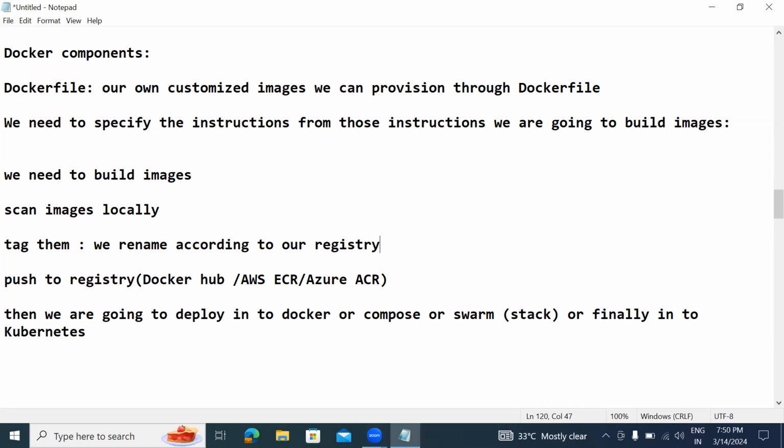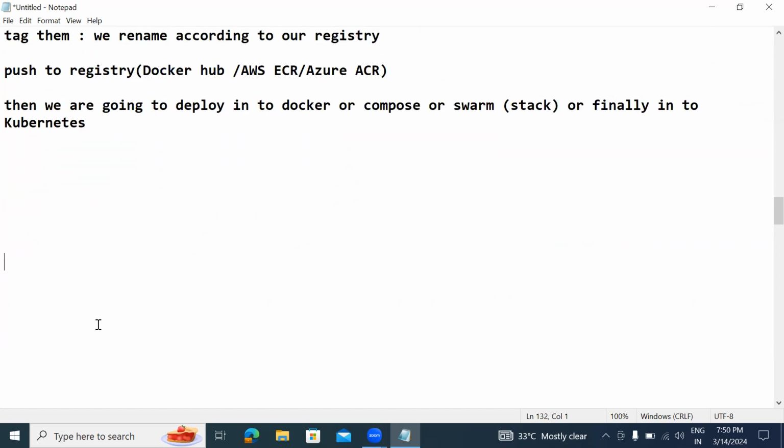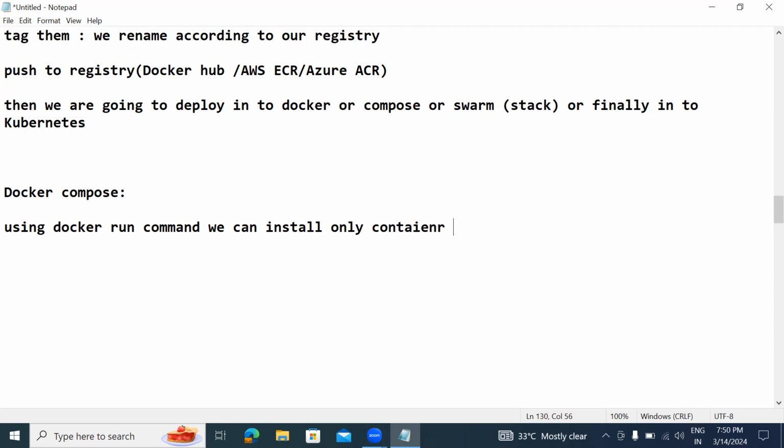Okay, then there is one more resource, Docker Compose. What is the purpose of Docker Compose? Using the Docker run command, we can run only one container. Okay, but